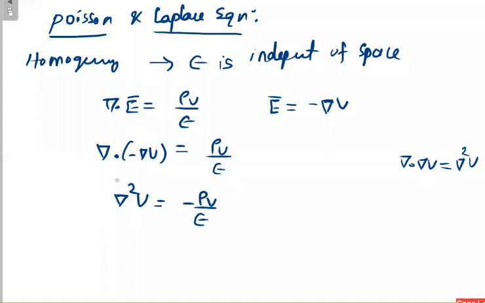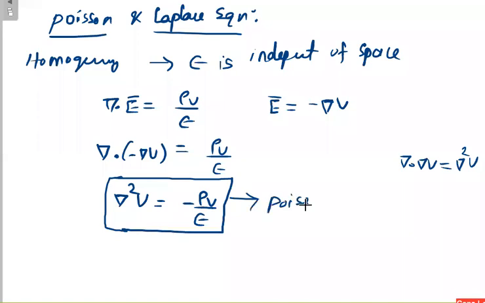This particular equation is called the Poisson equation. Very important. Second order differentiation of the potential function gives you the Poisson equation. One differentiation gives the change; if the function is of second order, then you have to calculate one more differentiation. So second order differentiation of the potential function gives you the Poisson equation.